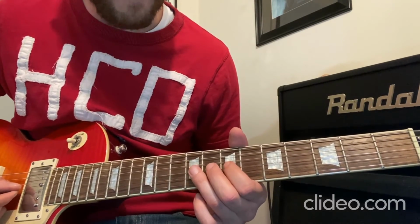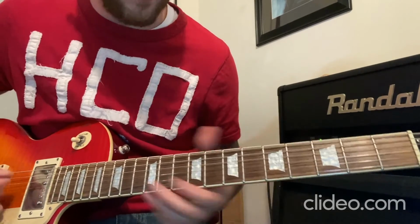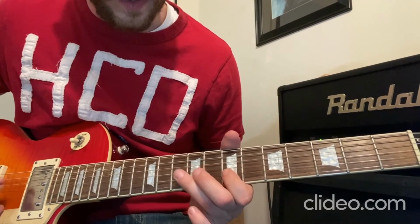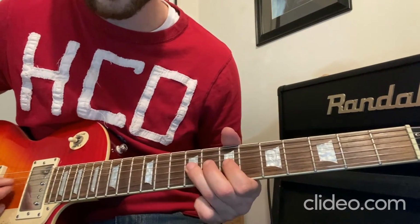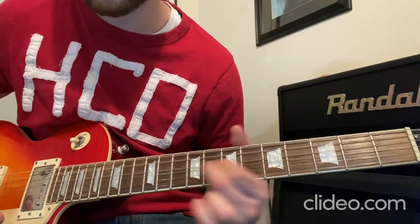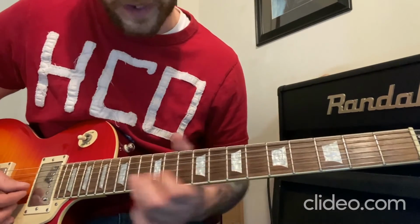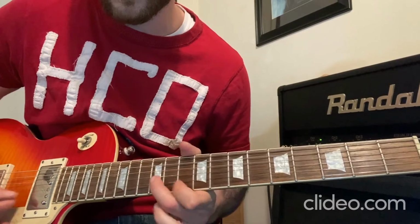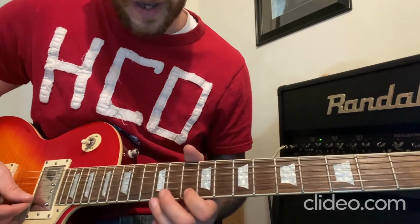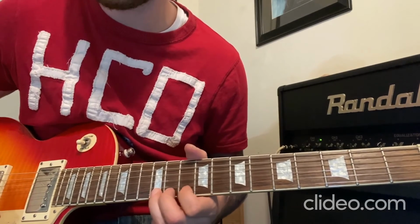And then instead, because naturally what I would do is come out of that, you know... But instead, I decided to play with the octave. And so it's 10th fret, 1st string, 12th fret, 1st string,